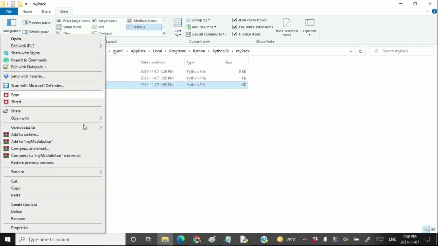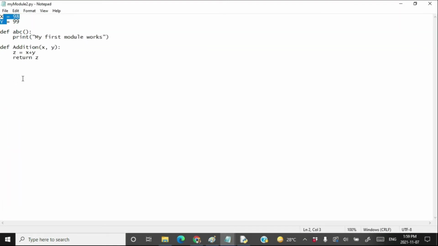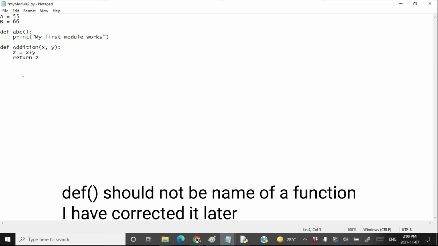Click on my module 2, open with Notepad, and let's change something here. Right here, capital A is equal to say 55, capital B is equal to 66, and let's name it DEF instead of ABC, and right here my second module works.